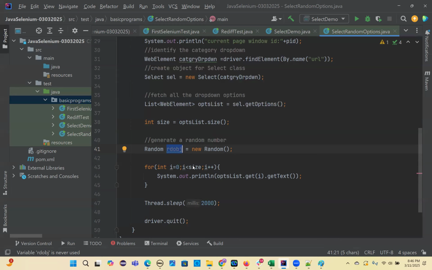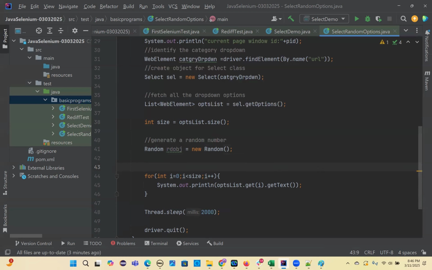If you want to select, you can give 5. So I'll generate the random number 5 times. 5 random numbers I want to select. I'm giving 5. Okay, and so int randNumber